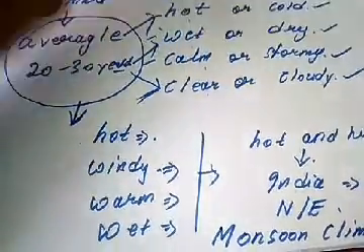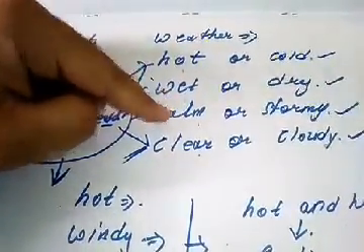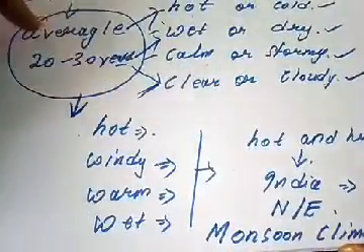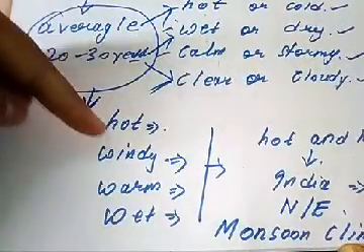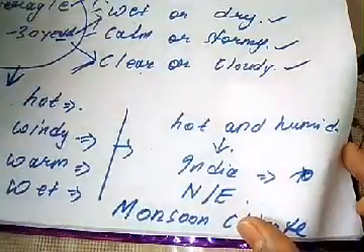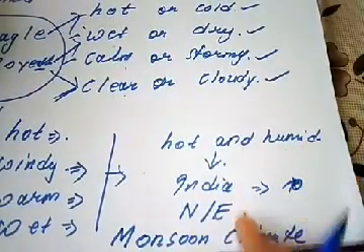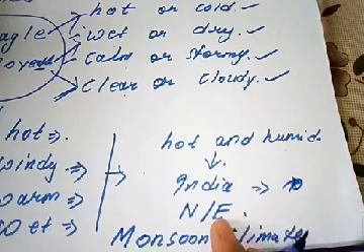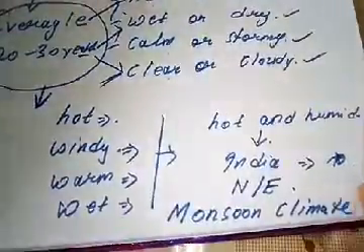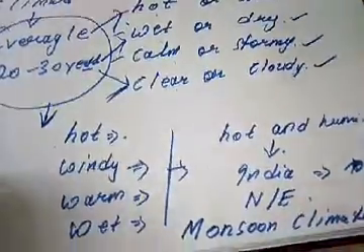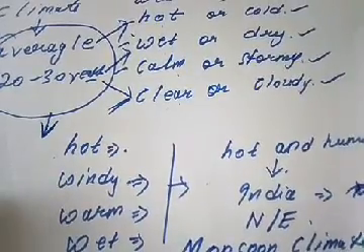So for weather: hot or cold, wet or dry, calm or stormy, clear or cloudy. For climate, the average of 20 to 30 years is taken. Whenever a place is determined as hot and humid like India, specifically the northeastern states, they experience a monsoon type of climate. So these are the differences between weather and climate. Here we have to understand two small terms,